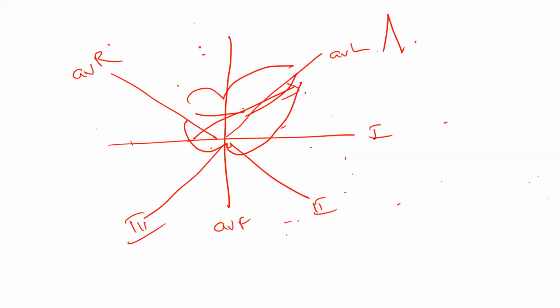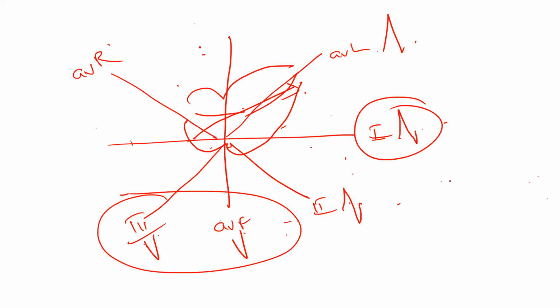What will be in lead 1? Positive. What will be in lead 2? Positive, or somewhere midway between positive and negative. But what happens in AVF? Negative. What happens in 3? Negative. So when the heart is tilted towards the left side, in left axis deviation, lead 1 is positive, and lead 3 and AVF are negative. So that is the diagnostic criterion for left axis deviation. Simple.